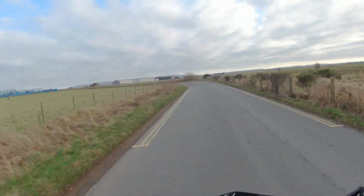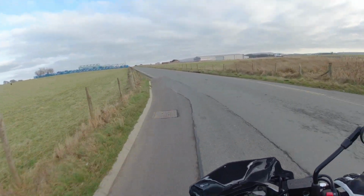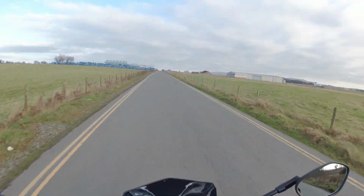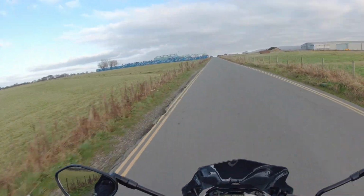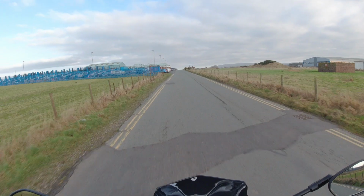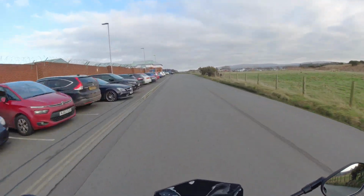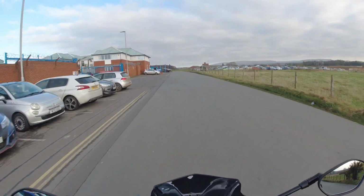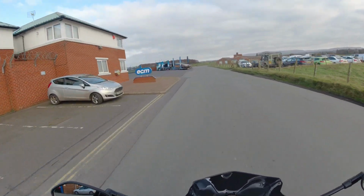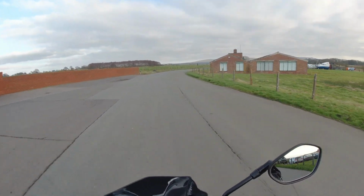And I cleaned the bike yesterday as well, so I'll maybe give you a look at that while it's clean, while I'm up here. Mind you, if all those puddles and loads of mud and what have you are still at the entrance to the airport, then that might be a case of it was clean. So yeah,